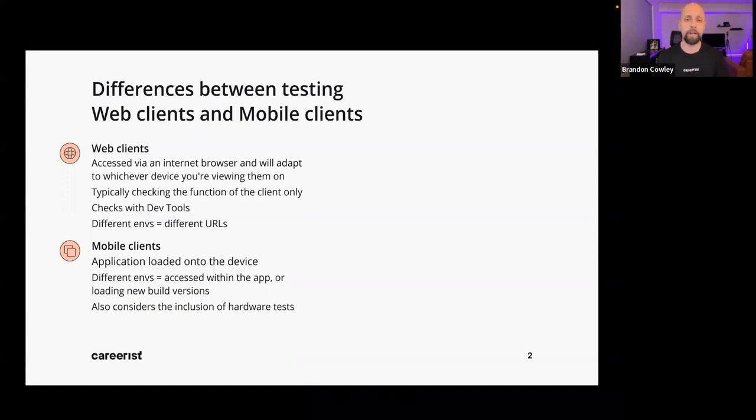The other way you might test a mobile client is if you've pointed out a series of bugs to the engineers, and they have a fix for that, or they have several fixes that they have rolled into a new RC of the app, a new release candidate for the app. They will then say, all right, Connor, download this latest version to the phone, and that's what you're going to be testing on, because that has the latest code that has all of our most recent fixes in it. So a couple different ways that you can access that.